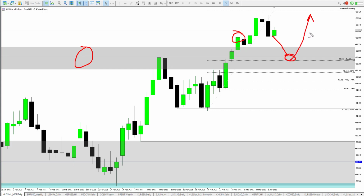Now where does price find support? Price is going to likely find support on discount arrays. We've got a vacuum here, we've got a vacuum here, we've got a bullish order block here. I've already highlighted just three discount arrays that I can see from just randomly looking at the price action. But if you look closer,